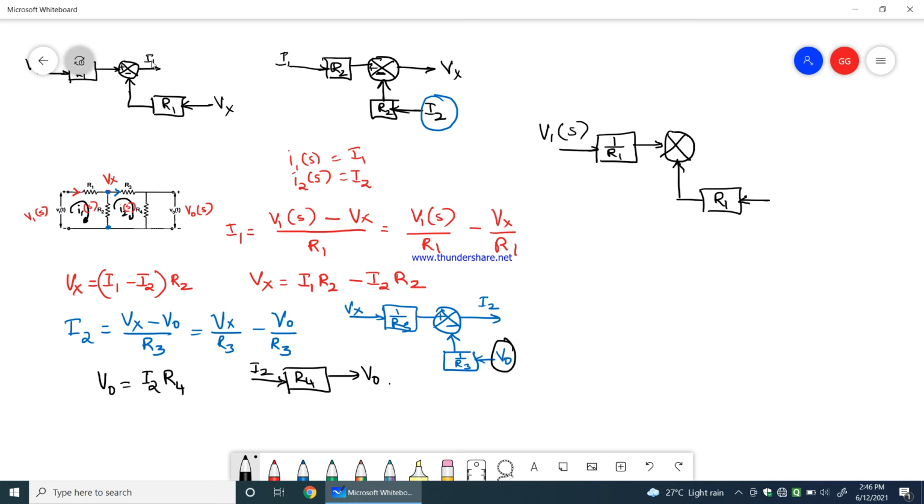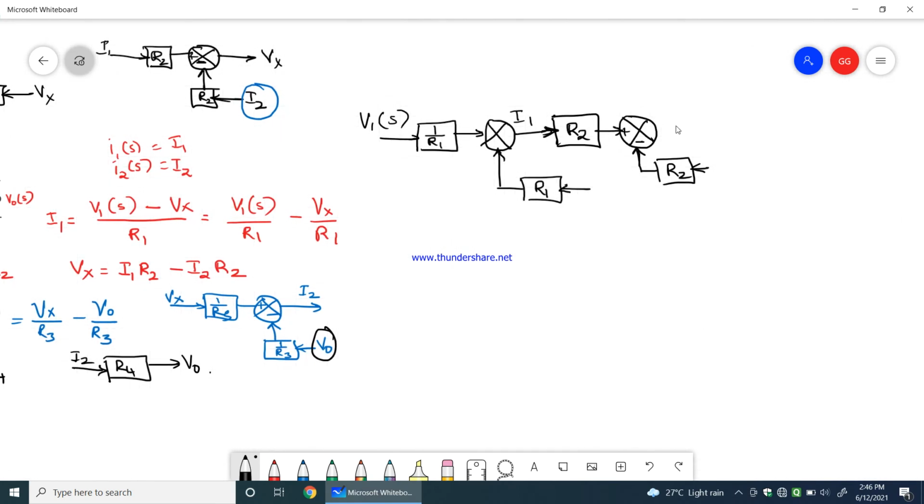Now this is I1, this is I1. If you see properly, I1 will now be connected to R2, and then we have a summing point going to R2 plus minus, and we have another R2 here. Now this is I2. We'll see where we'll connect I2 from. But the output of this is Vx. Okay, now if you see Vx where it is connected, you can see in this block. So this is the first block, second block.